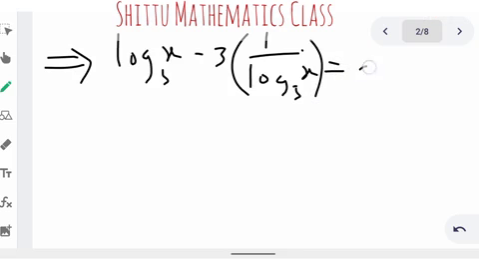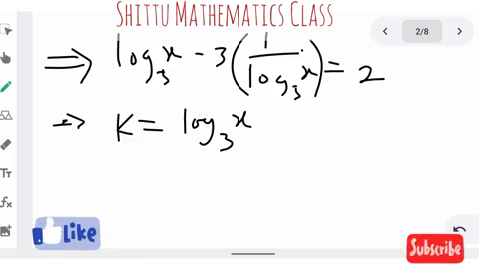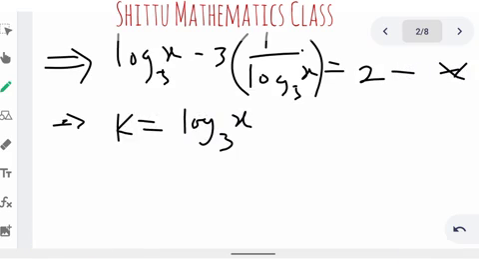Equals to what? Equals to 2. So now from here we are going to have, we try to replace log x base 3 with a particular constant. Let's say we have it to be k. Let k equal log x base 3. So in this equation here, equation star,